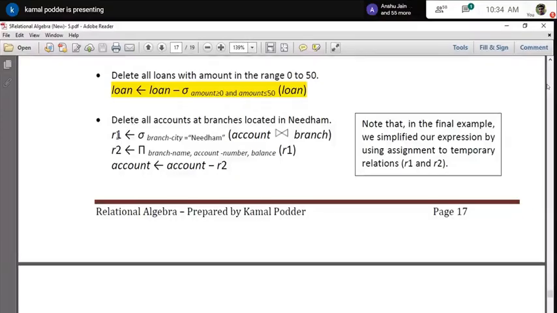In this case, what I have done is basically selecting some of the columns. It might be a very big relation, and that is the reason I have used the generalized projection and picked up only these three or four columns, and then I am doing the minus operation to delete that particular thing.